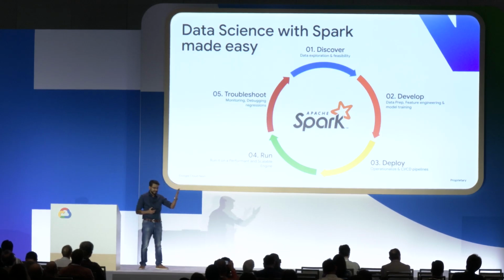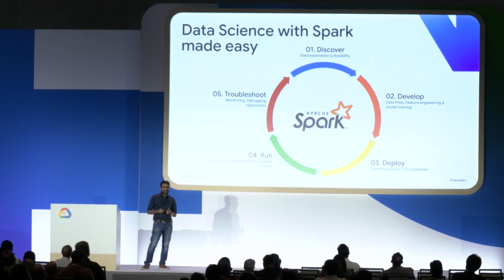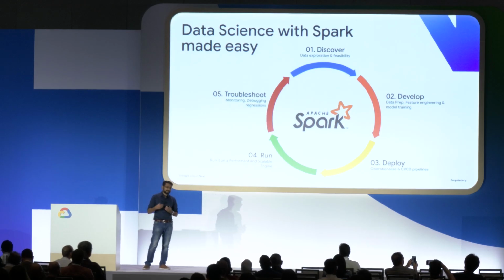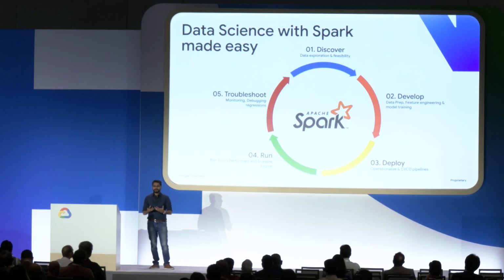So the circle there: discover, I just mentioned, how do we explore the data? The develop part, where we build the actual models and the tooling required, includes the data preparation, feature engineering, and all those things required for data science. The deploy side, where we actually do the CI/CD, some kind of scheduled deployment and run mechanism. The actual run mechanism, where we use the different kinds of engines, and the troubleshooting. So I'll spend some time in each of these phases and walk you all through the tooling and everything we have used. And in the process, introduce the new innovations that we have done in each of these phases. All right? The first one is